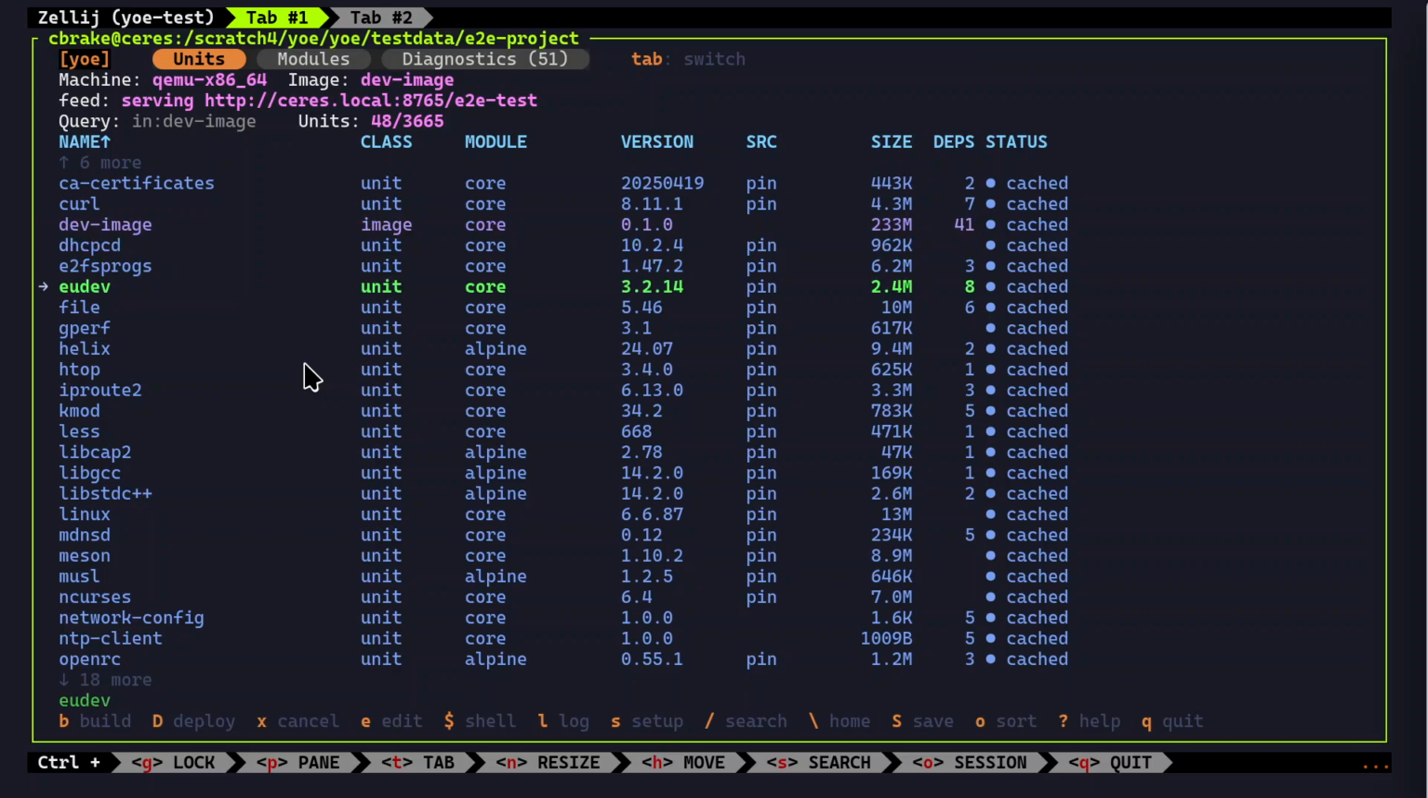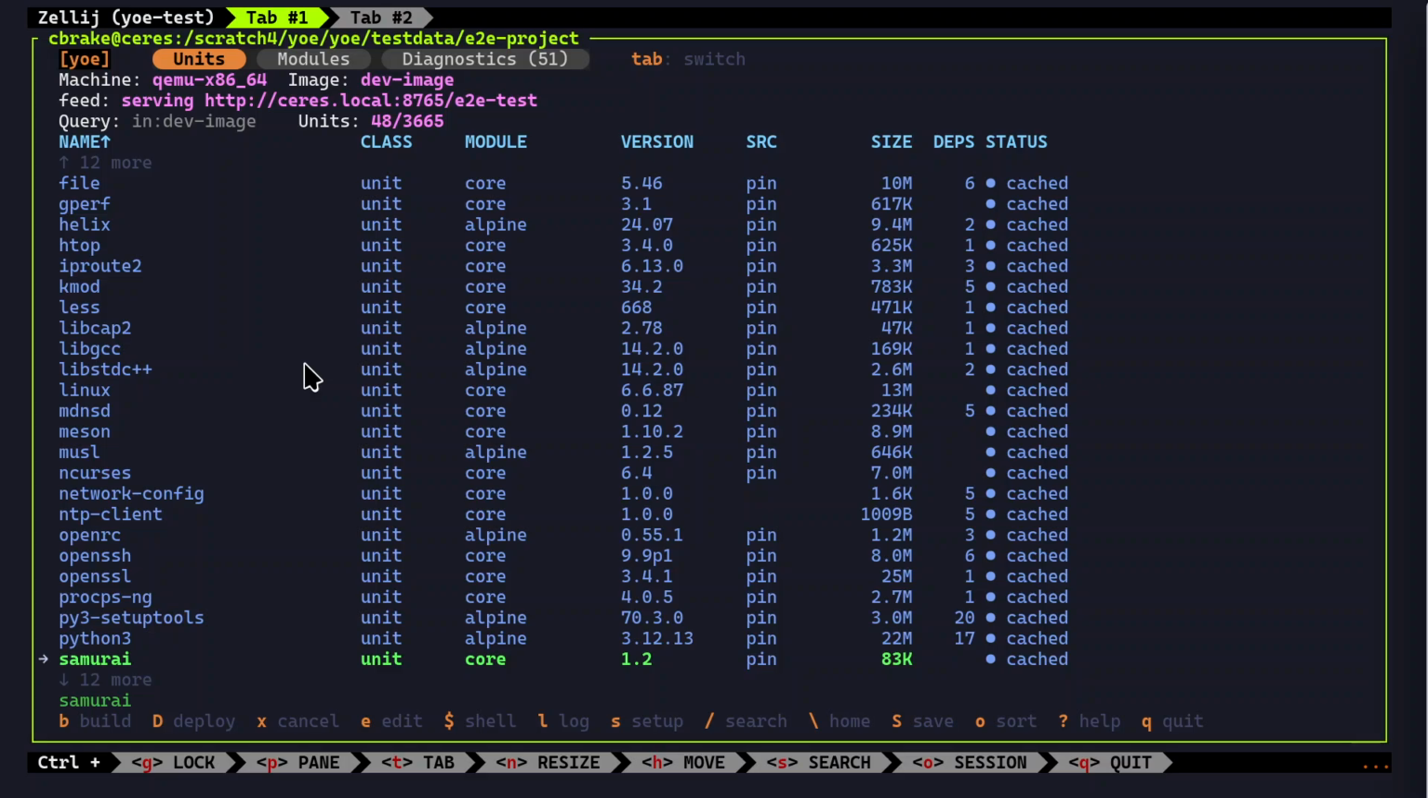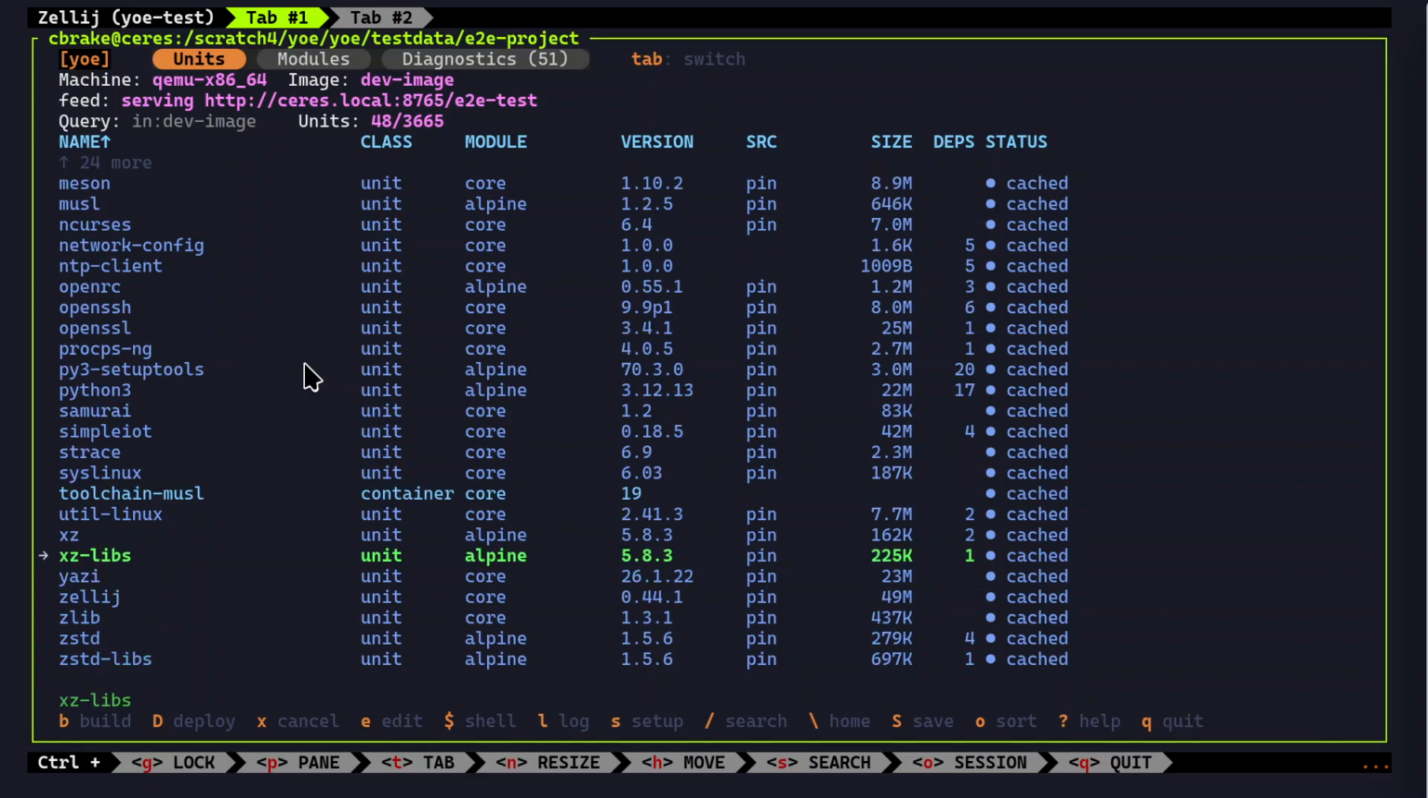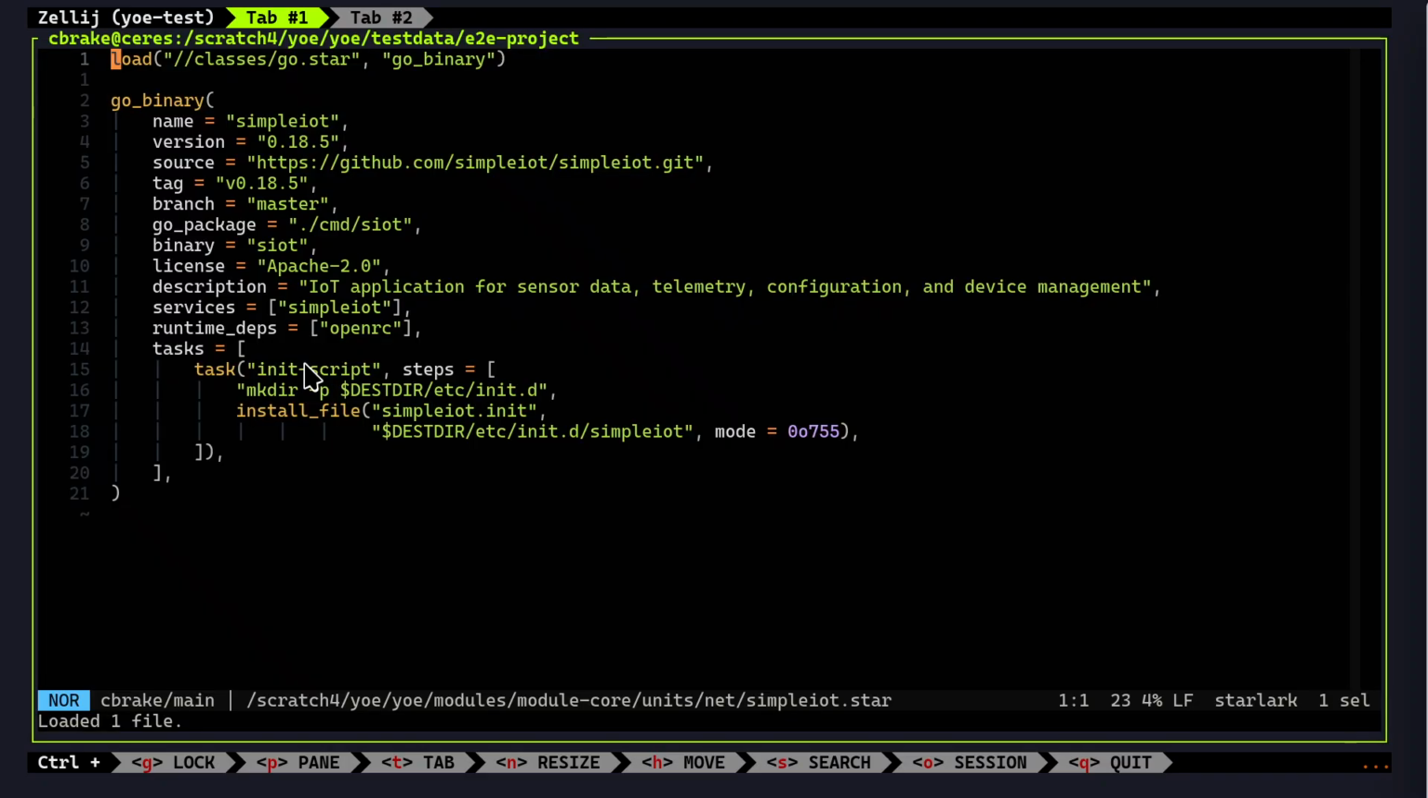So one of the things we find ourselves doing during these embedded Linux developments is making changes to some of these units. So let's just look at Simple IoT, and this is a package or an application I wrote. So if we press the edit key, it will edit the unit. And notice it's a Go package. Here's the source. We pin it to this tag by default. There's also a branch field, and this is the branch we switch to when we switch to development mode for